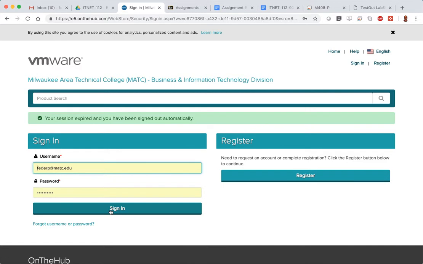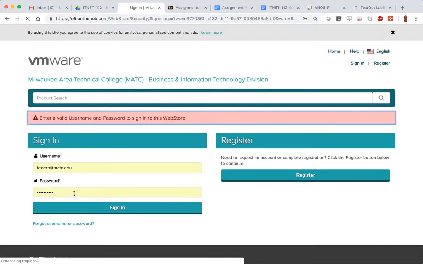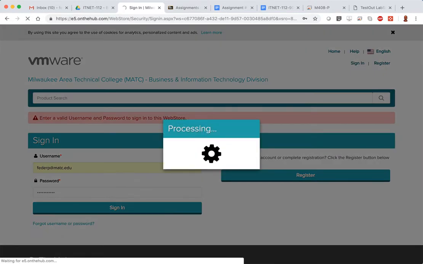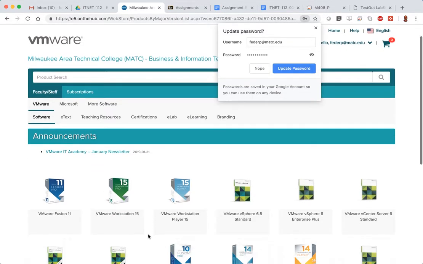All right, I'll log in. So obviously, if you think you have an account, just put your MATC email address in here and hit forgot username or password and see if that lets you get in if you can't get in. What do we have here? There we go. All I wanted to show you is this,